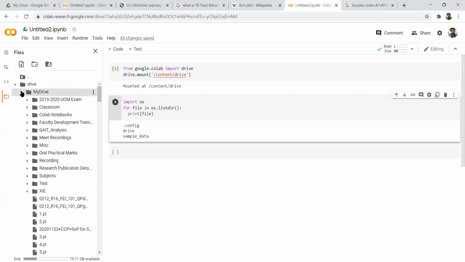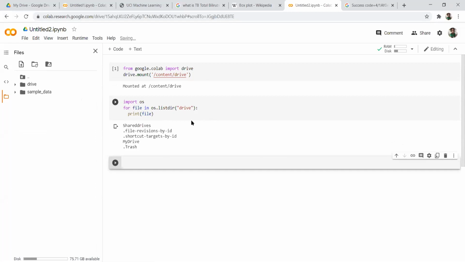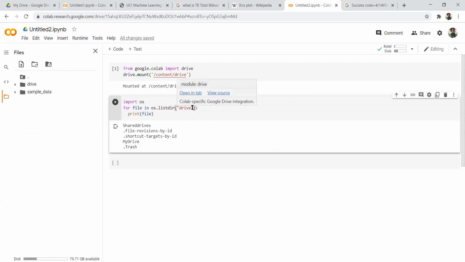It is not necessary that every time it will be My Drive. Sometimes people do rename it. So what I can simply do is write it over here, drive. It is telling me that inside the drive there is My Drive and trash and all, forget about it. So now I can go with drive slash My Drive.